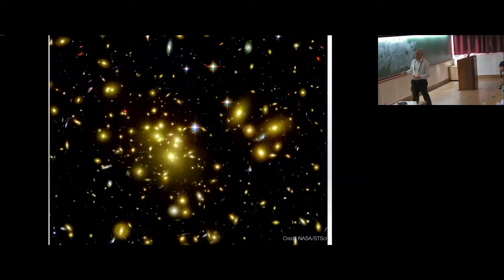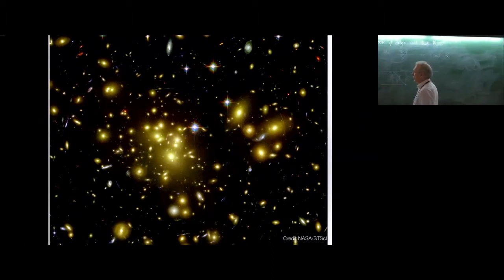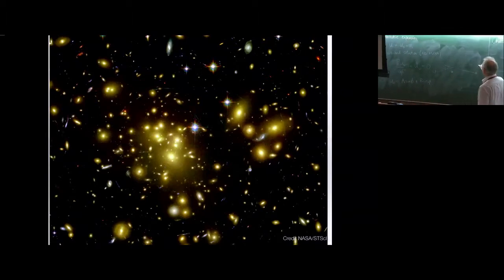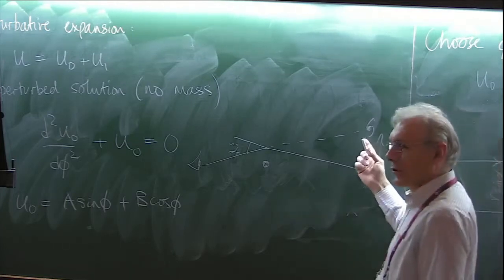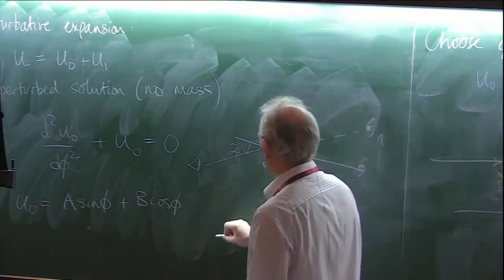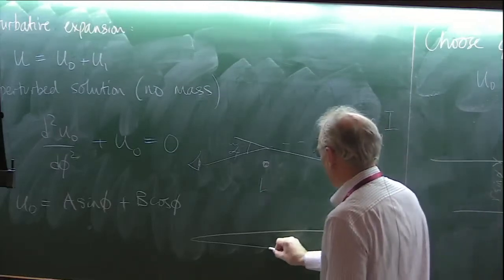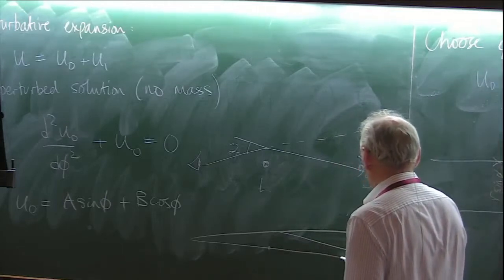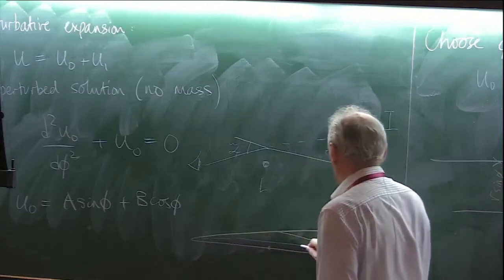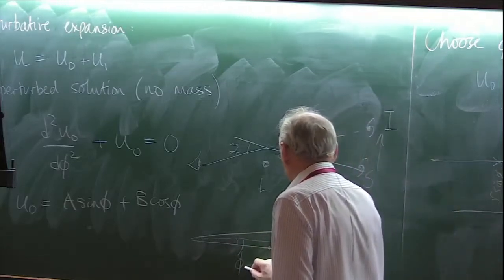So I'll perhaps just say one or two things informally about it. If you have a foreground object with a distant galaxy, then the light gets bent through this angle, alpha tilde. So if you took this result and then integrated over a certain mass distribution, then various things happen. Firstly, the position of the image gets changed, and that gets changed in a cosmology-dependent way, because if you do some simple geometry, if this is the source here, this is the image here, and the lens is here, and if this angle is phi,